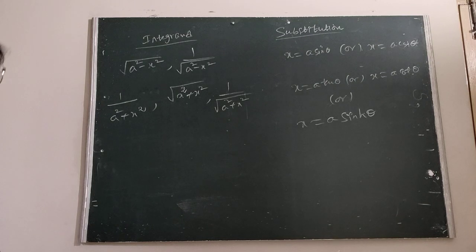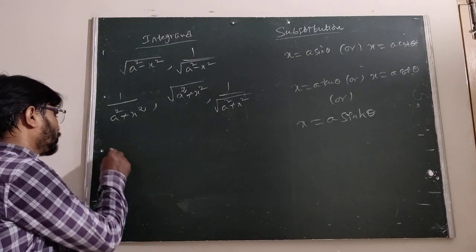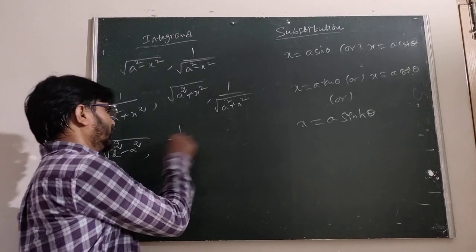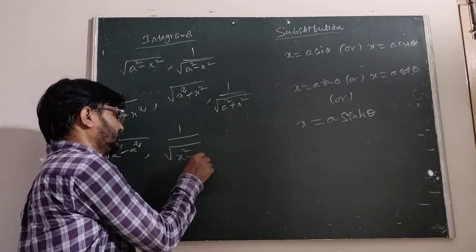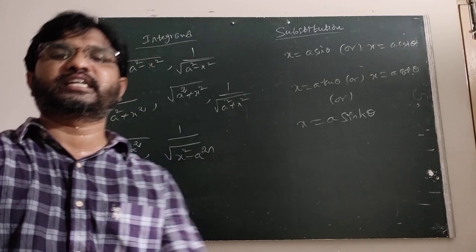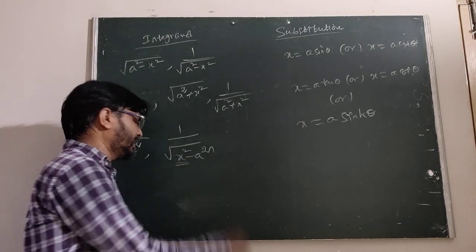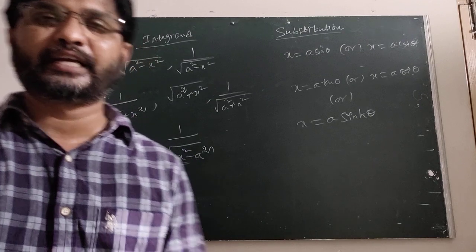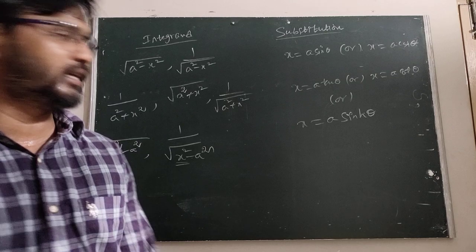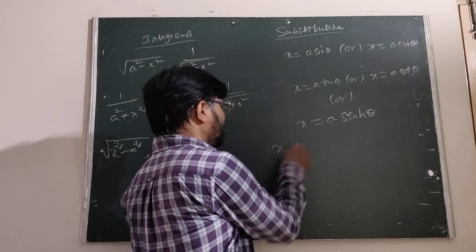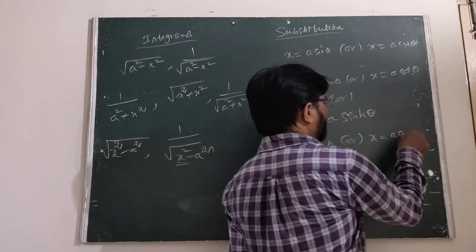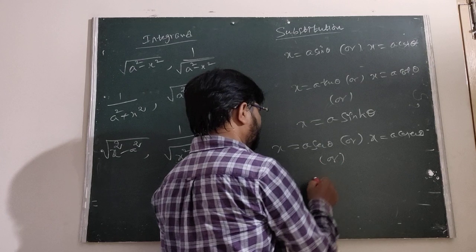Now the other one is the integral of root of x square minus a square, and 1 by root of x square minus a square. In this case, we know that secant square theta minus 1 is tan square theta. That's why we are taking x equal to a secant theta. And also we know that cosh square theta minus 1 is sinh square theta. Therefore, in this case, we are taking x equal to a secant theta, or x equal to a cosecant theta, or x equal to